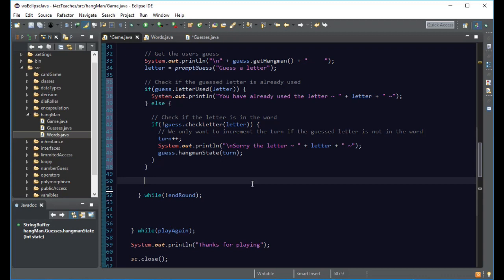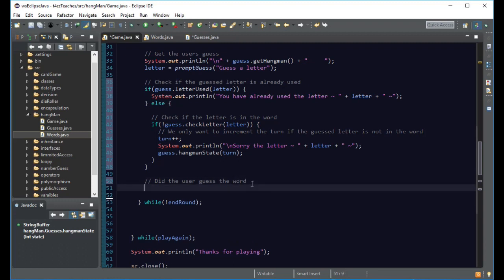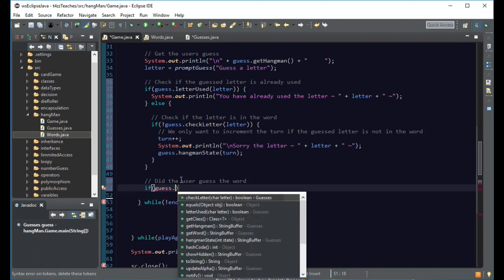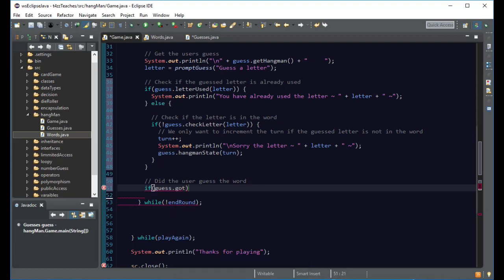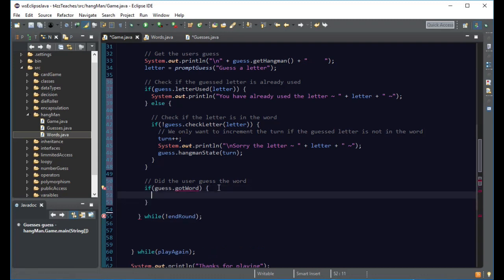But then we want to go ahead and check if the user actually has the word. Did the user guess the word? And we later on could add things in here that would allow them, if they want to guess, to have an option to actually type in the word, and then you could just do a one-to-one comparison. We're not going to do that here. So we're going to say if, and I think we're going to have to do another thing here, guess, let's call it, I don't think we have it yet, right? Maybe got word or something along those lines. So we'll do that to say if they got the word,